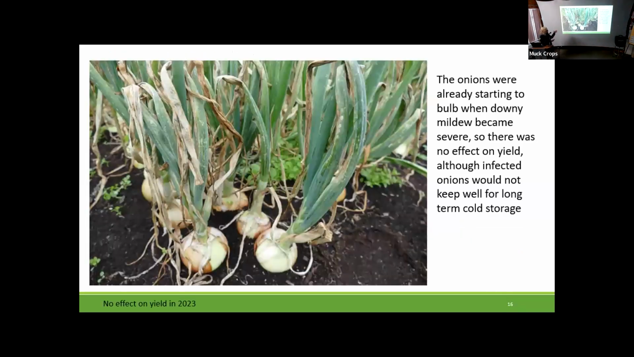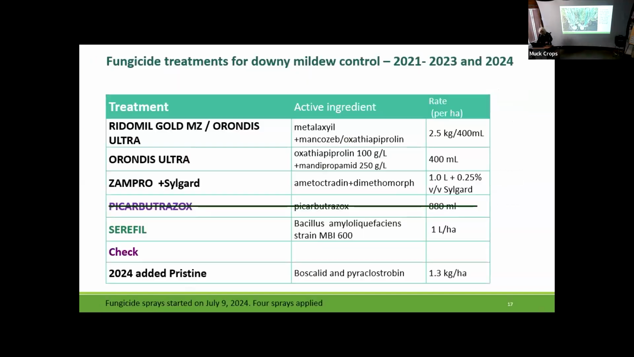And this year, 2023, disease came in relatively late. And so we didn't see any reduction in yield. And we think that's because the onions were already well into bulbing before the downy mildew really got established. But it did kill a lot of leaves. So even though you have yield, there wouldn't be a lot of leaves left to uptake MH as a sprout inhibitor in that situation. So 2024,